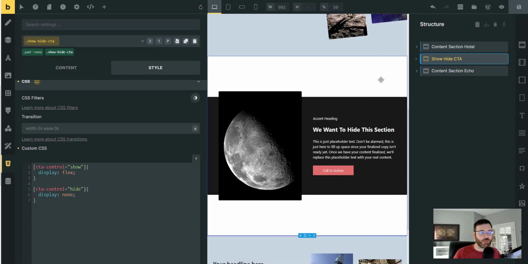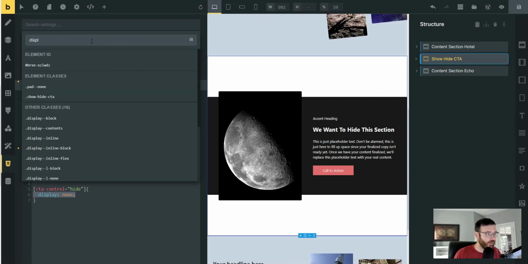But if you just wanted to quickly show and hide this without using a condition, maybe you stumbled on this video and you're using some sort of builder that doesn't have conditions. Thankfully, Bricks does, which is why it's my builder of choice. You could use this in WordPress without using conditions, and it will put display none on the section. So it's still going to be in the DOM, which we're just going to do that real quick. Display